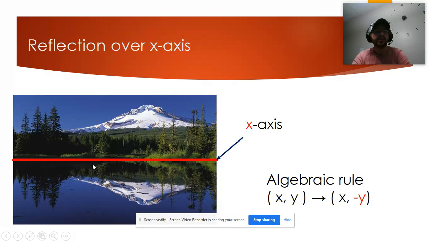Let's see some examples. Like here, if we flip this one, the reflection will be over the x-axis, and we flip the mountain, the trees, everything is flipped. So the algebraic rule will be (x, y) changing to (x, -y), which means the y values are going to change in sign. So if the y values are positive, now they will be negative. If the y values are negative, now they will be positive. This negative sign means that we're flipping or changing the sign of y,